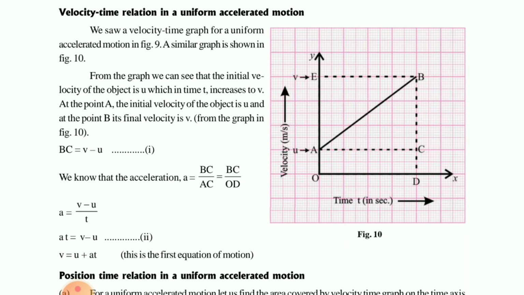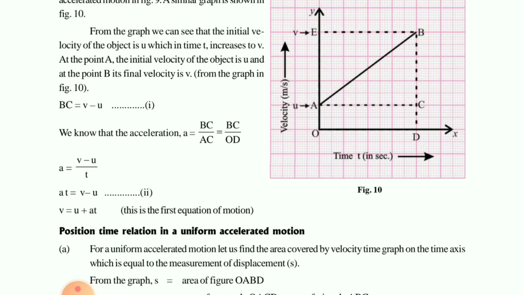See children, in this, the first equation, that is BC. Where is BC children? In a triangle you can see. That BC, C point is your initial one and V1 will be your final one. Again that same thing, BC upon AC, that is perpendicular upon base. That same thing we can write for BC upon OD, because AC and OD are parallel to each other. So children, in that manner, final velocity minus initial velocity, that is V minus U at time t, will be your acceleration.